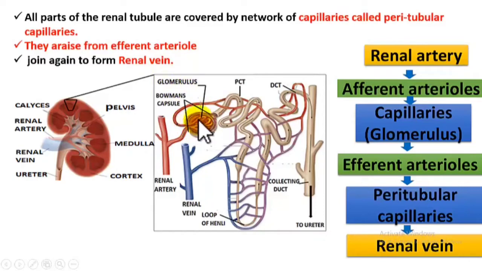So after breaking into capillaries, what is to be formed? Vein, right? But here the speciality of nephron is the capillaries again they join and form another arteriole called efferent arteriole. So మామూలుగా అయితే capillaries తర్వాత ఏమో ఫామ్ అవ్వాలి, వెయిన్స్ ఫామ్ అవ్వాలి. కానీ ఇక్కడ మళ్ళీ ఇంకొక arteriole ఫామ్ అవుతుంది, అంటే ఆర్టరీ లాంటిది ఫామ్ అవుతుంది. సో efferent arteriole is formed.